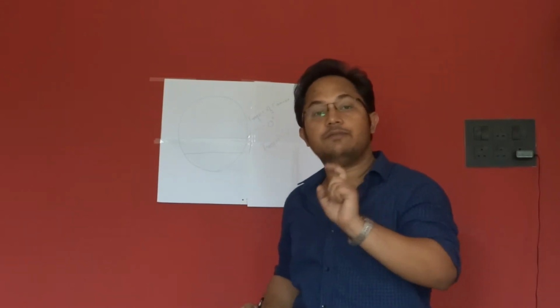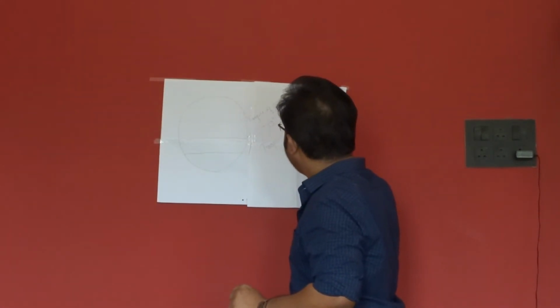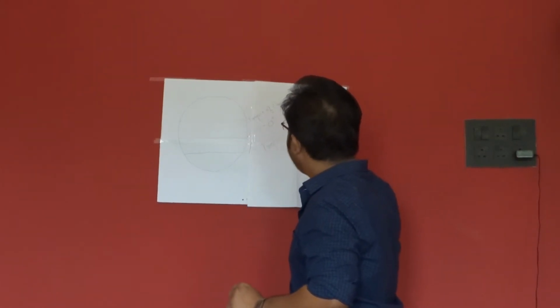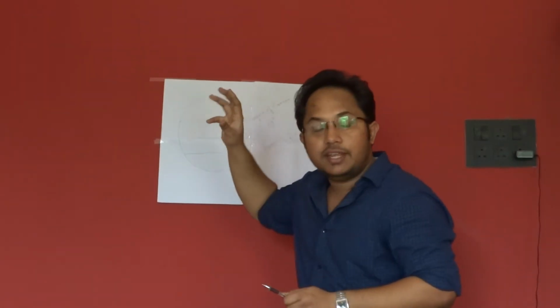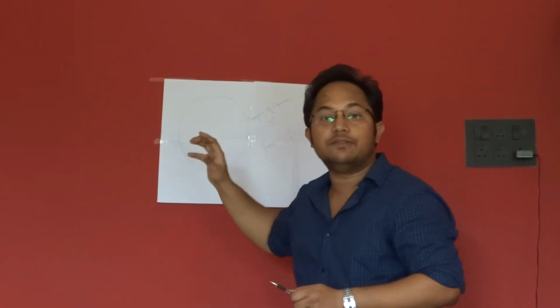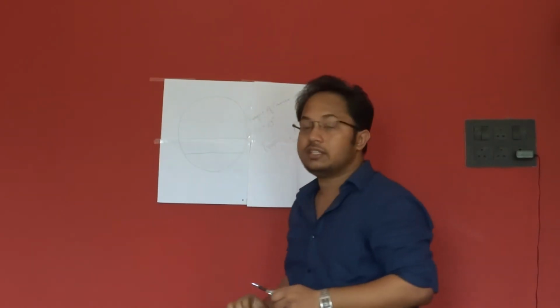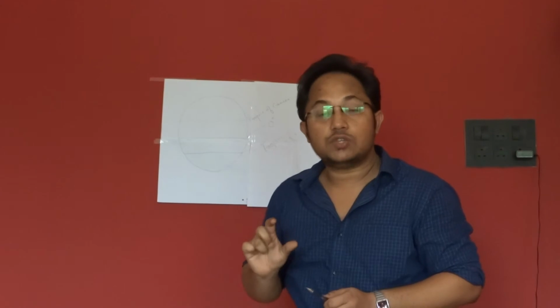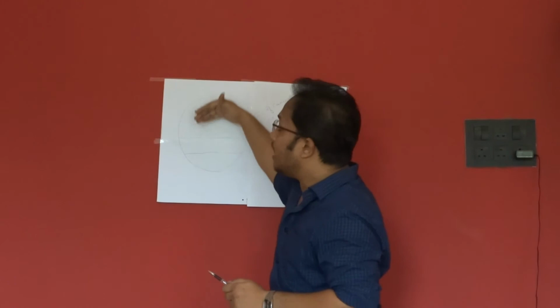Similarly, we have another very important latitude in the southern hemisphere at 23.5 degrees south. This is called the Tropic of Capricorn. You see, Tropic of Cancer at 23.5 degrees north, Tropic of Capricorn at 23.5 degrees south. The area covered between these two is called the tropics, which will have a comparatively higher temperature than the area beyond it.